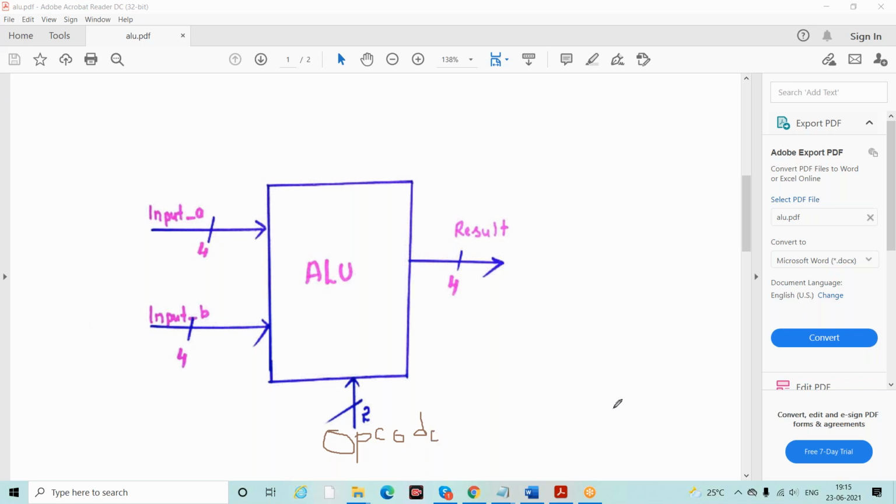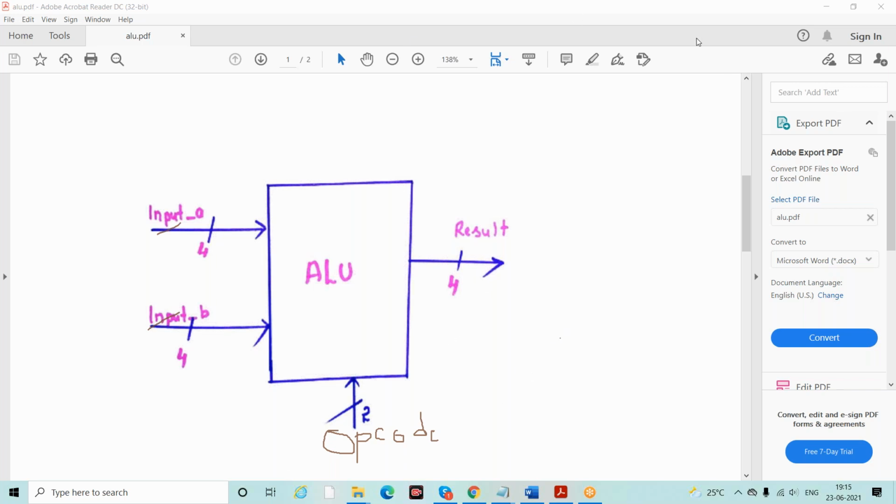Opcode means, we can say, sometimes it is the instruction: do this work. This one and this one act like data operands. Data operand means the input given to the ALU unit. So this is the result side. Result means the output of the unit.